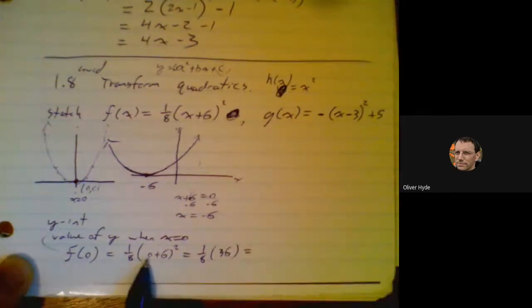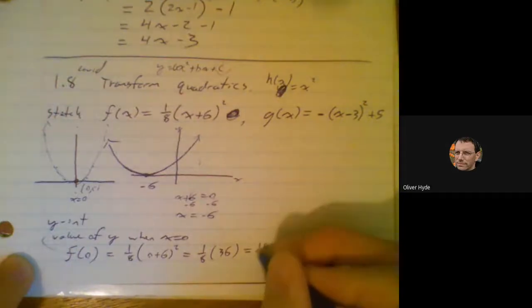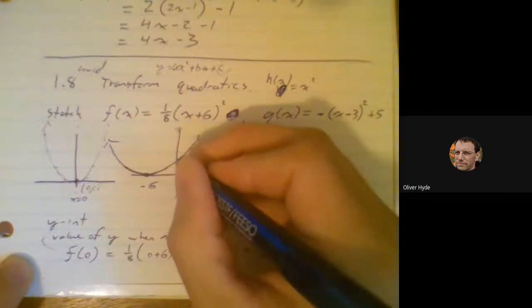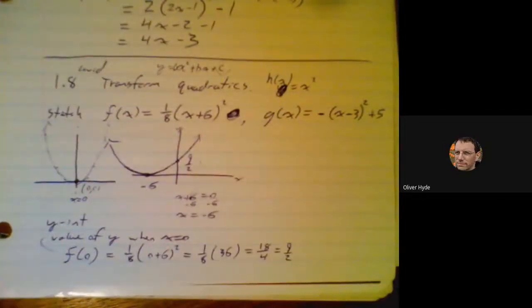So yeah, I substitute in x equals 0. 0 plus 6 is 6. 6 squared is 36. 1/8 of 36 would be 18/4 or 9/2. So this height right here is 9/2 because I say so. I just labeled it